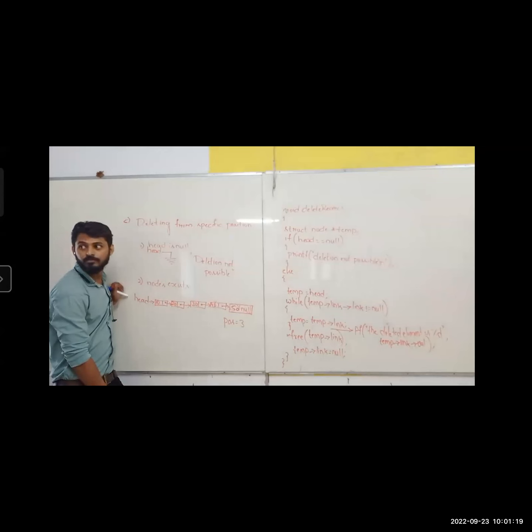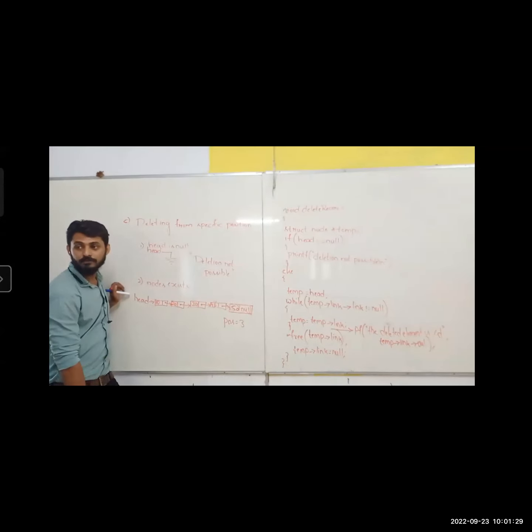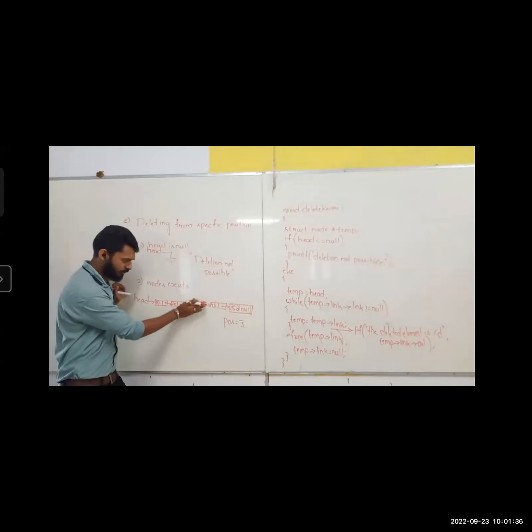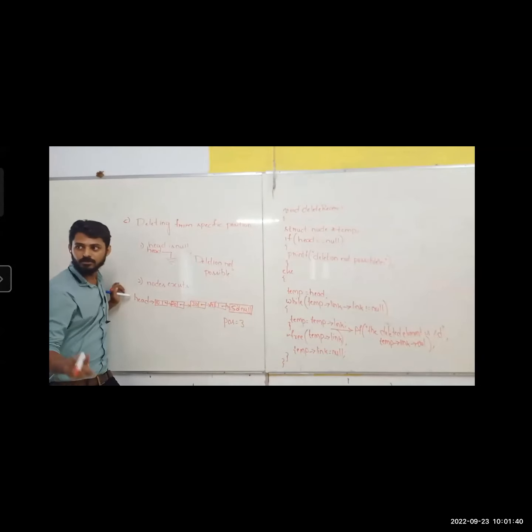Connecting the second link to the fourth link. I mean, second node to the fourth. Proper answer. You guys are not hearing online, so I'm saying what he told. Connecting the second node's link to the fourth node's link, fourth node, sir. Proper answer. Same thing. If you can see, sir, you will delete this, sir. What about this connection? I asked the same question to you also online. Openly told that, sir, the second node's link should point to the fourth node. For you also, I'm asking the same, right?